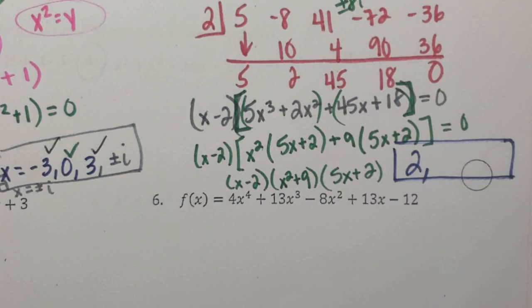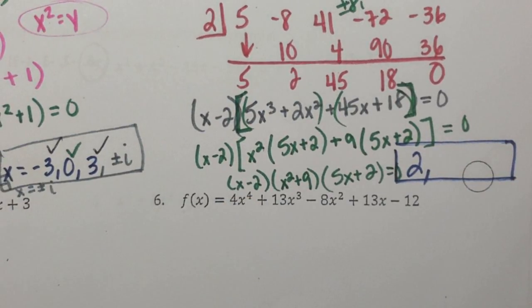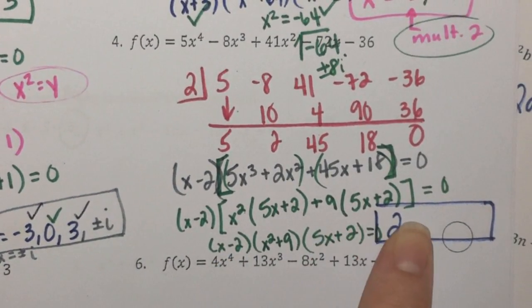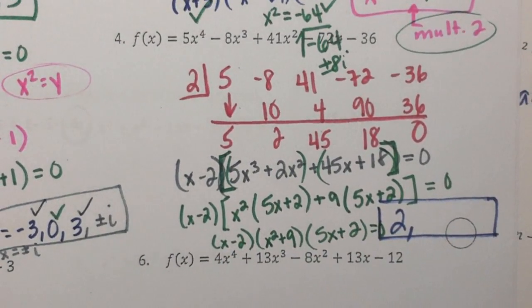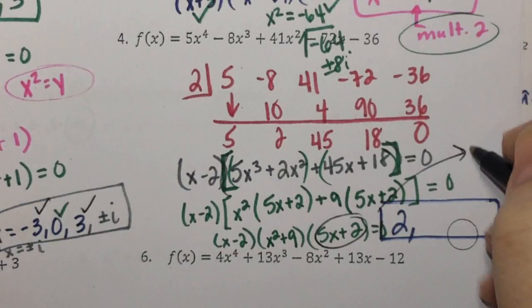Okay, so yay. I know I'm supposed to have 4 answers. So I can set each of these things equal to 0. If I do, and I'm out of room, so I'm going to have to write tiny for some of this. If I do x minus 2 equal to 0, I would get 2. So I'm not going to bother to do that one. I understand that one. If I do 5x plus 2 equal to 0,